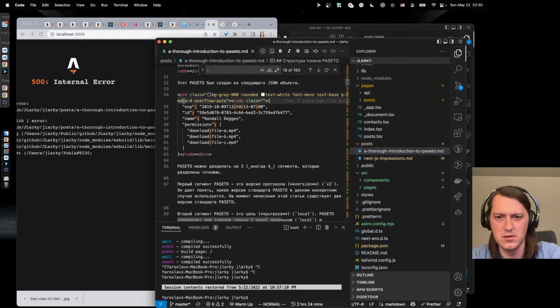Okay, this one doesn't work, but this one does. The important part is the post image ID.